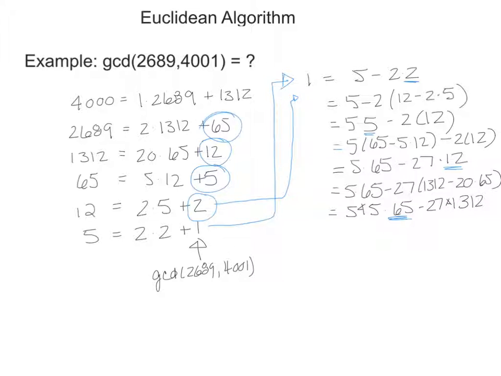So that'll give me, this is getting really big, but 545 times 2689 minus 2 times 1312 minus 27 times 1312. I'm going to combine my 1312s and get 545 times 2689 minus